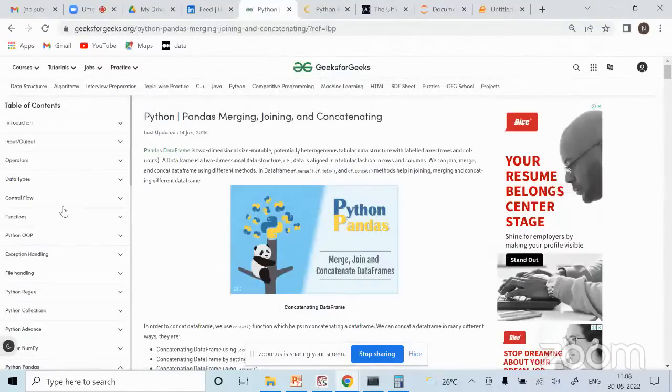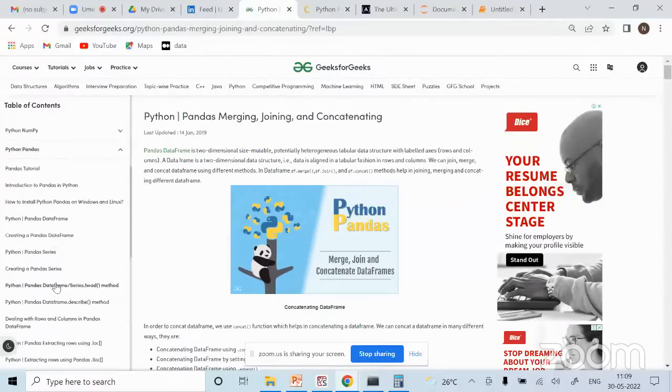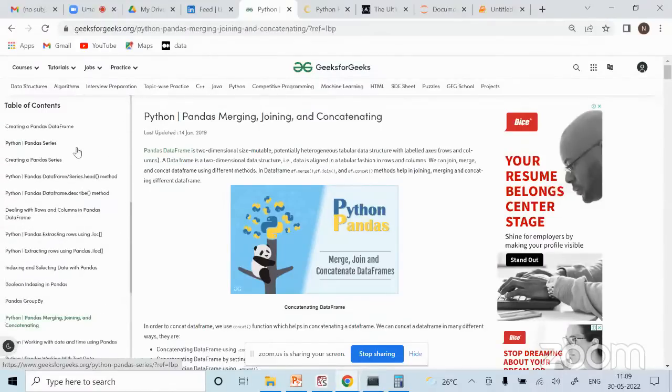So what we learned on Friday was pandas. Pandas is a library heavily used for data frames. So we learned a lot of data cleaning steps. How do we fill null values? We learned all those heavy data pre-processing and data analysis steps. So we learned how do we merge two data frames, how do we create data frames, and what an individual series is. If you pick only one column of the data frame, you call it a series.